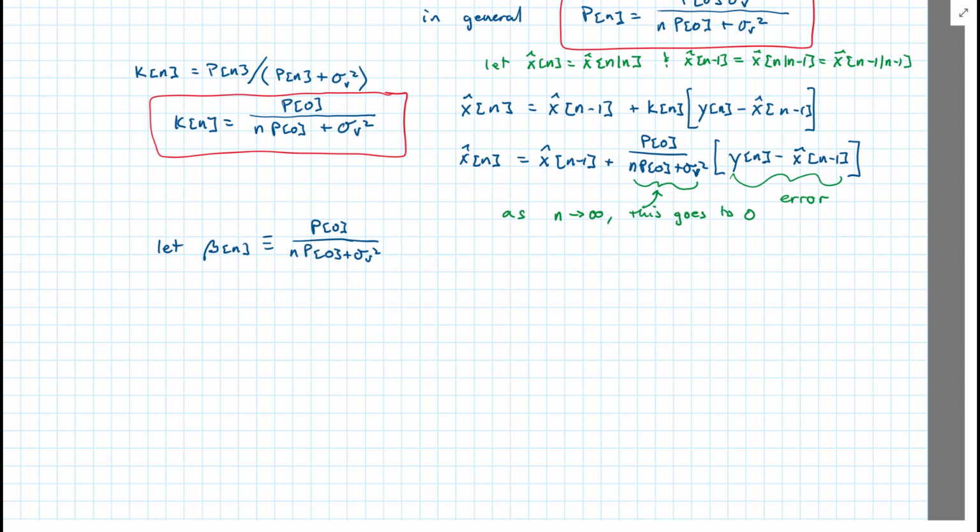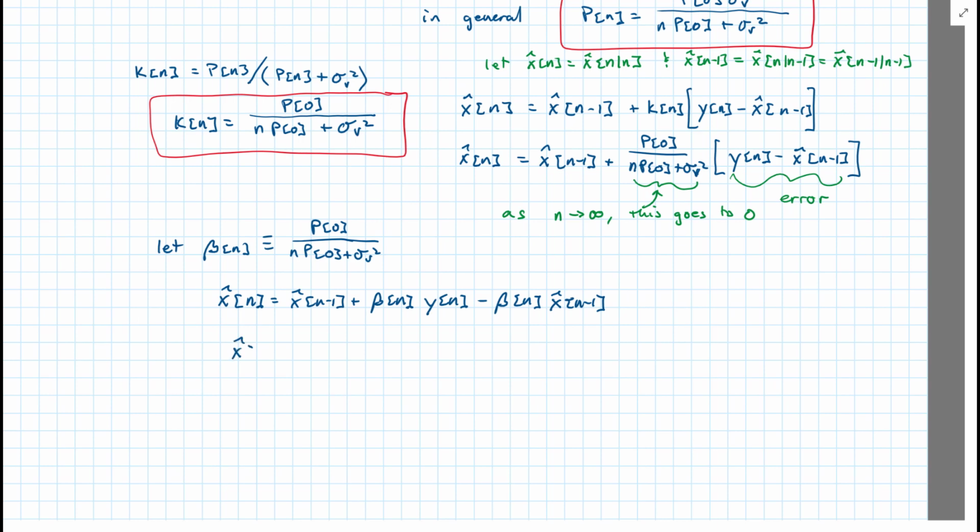I'm just putting it in this other form so we can relate it to what we did earlier and simplify things. So in this case, we have x hat n is equal to x hat n minus 1 plus beta of n times y of n minus beta of n x hat n minus 1,